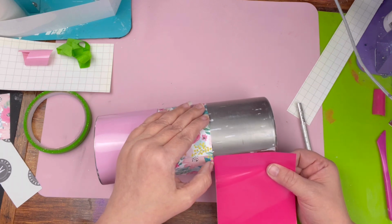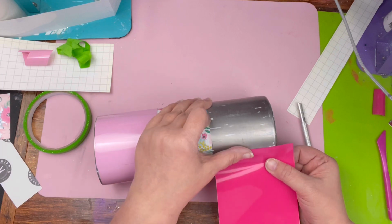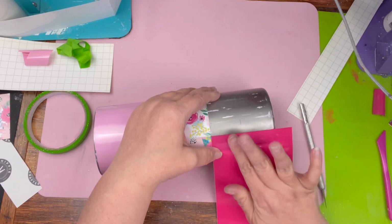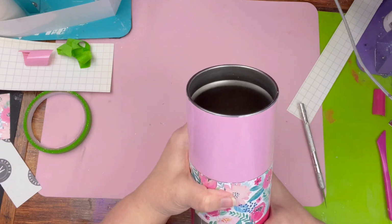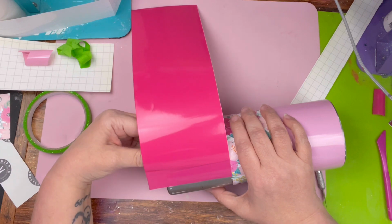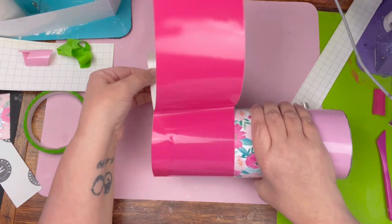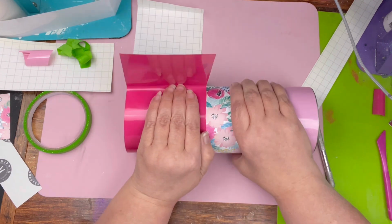And I'm going to do the same thing here. Line it up and lay the first part down and just triple check to make sure that it lines up, and then start removing the back of the vinyl and smoothing it out. Now the bottom gave me a little bit of struggle because of the overhang, and there